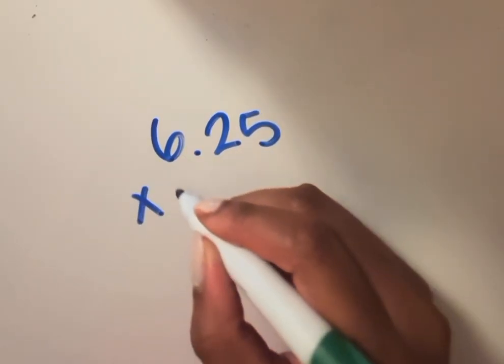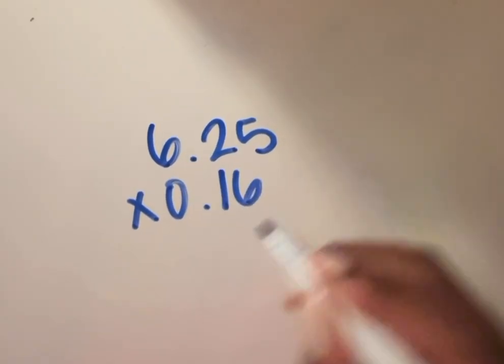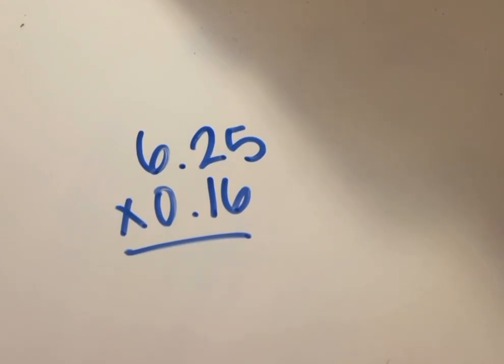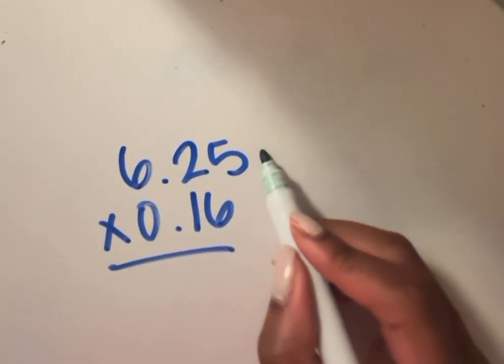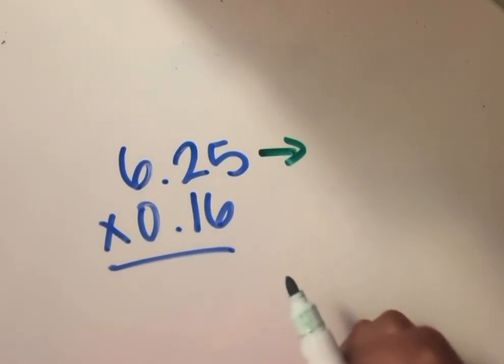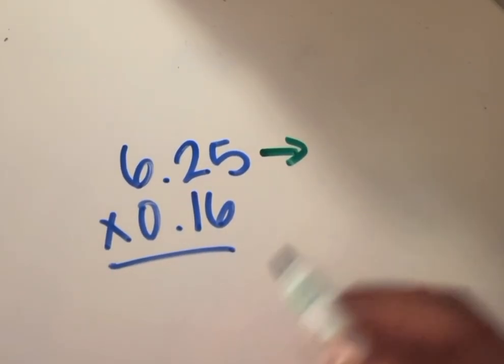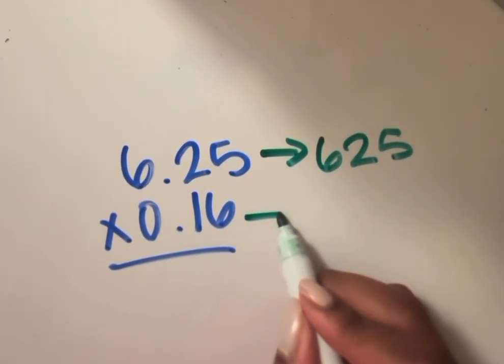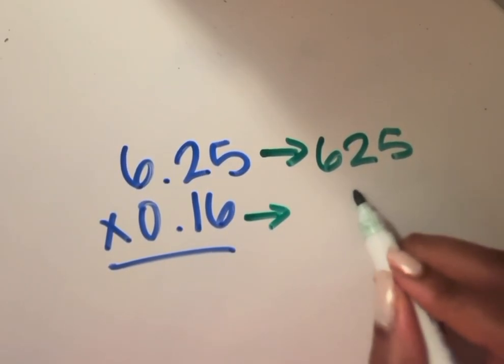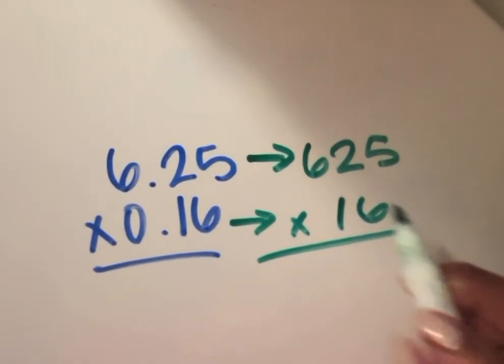For our next and our final example, we have 6.25 times 0.16. So we would first again start by rewriting these decimals as whole numbers. 6.25 as a whole number without that decimal is just 625. 0.16 as a whole number without the decimal is just 16. So we have here